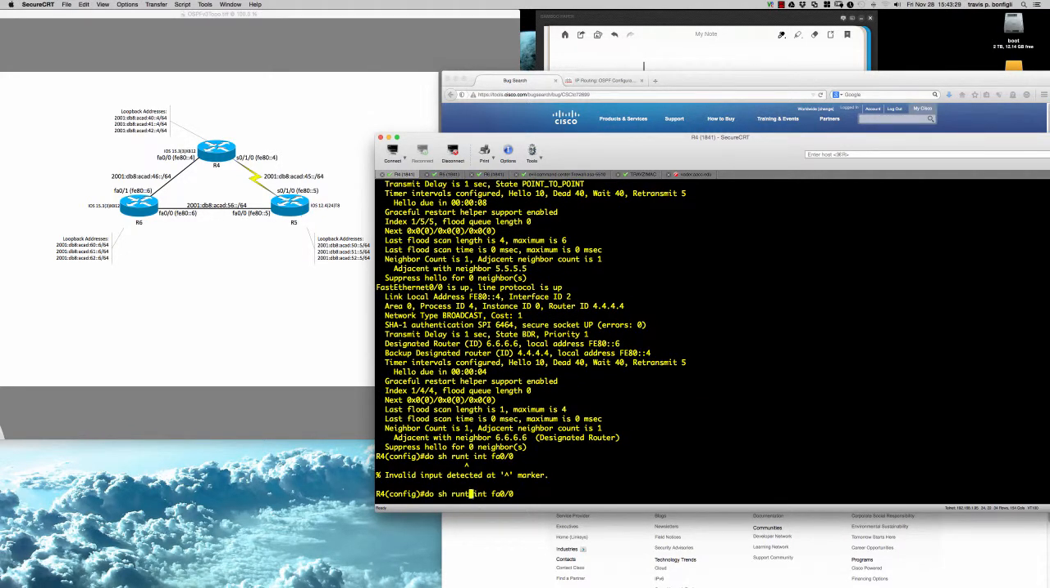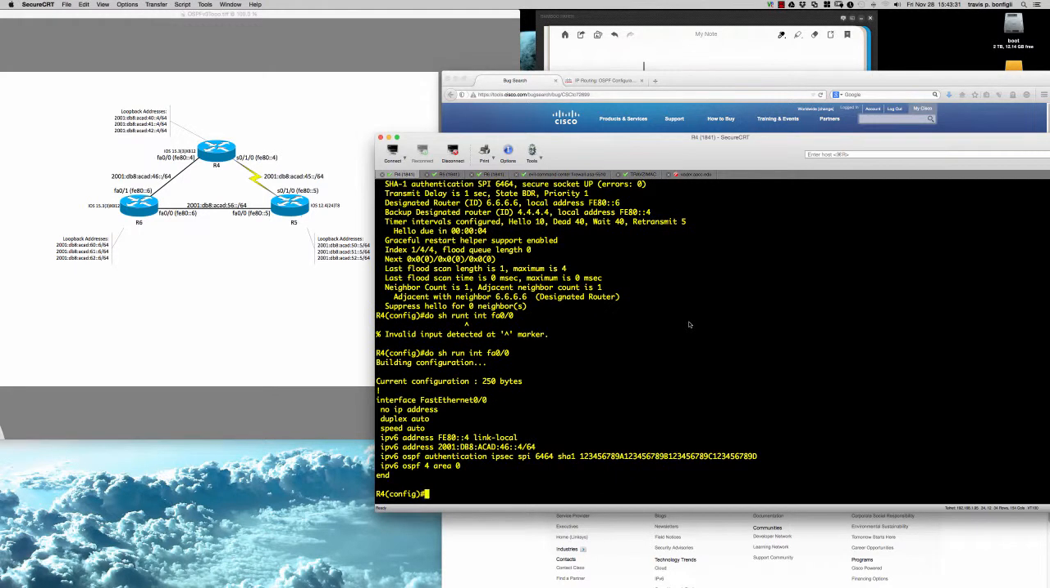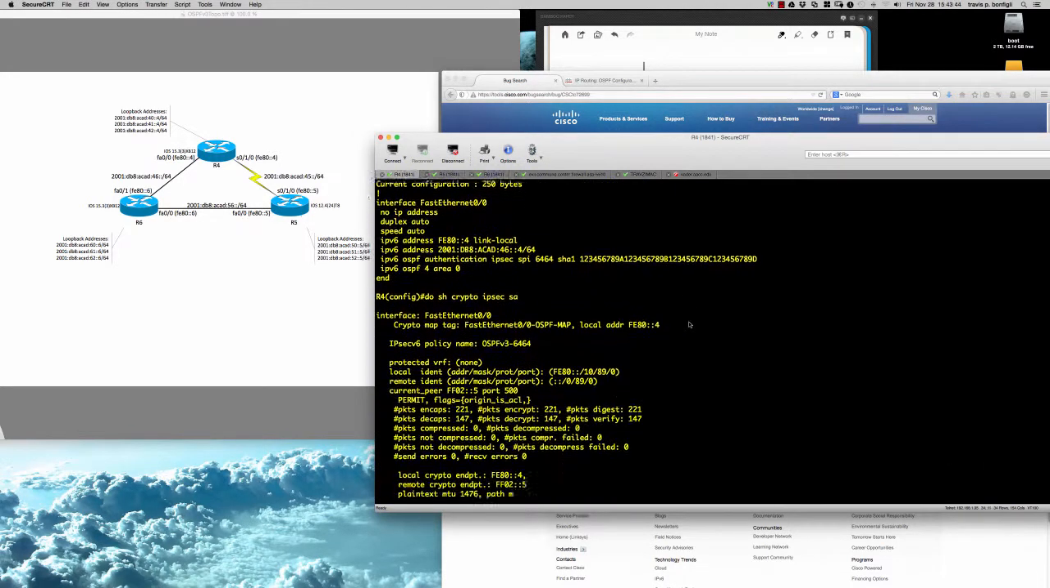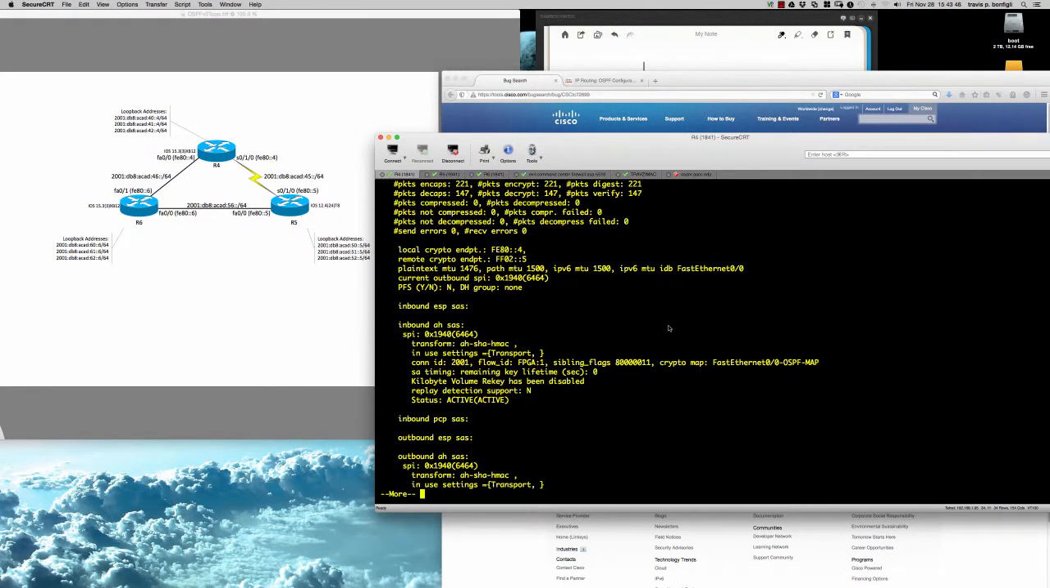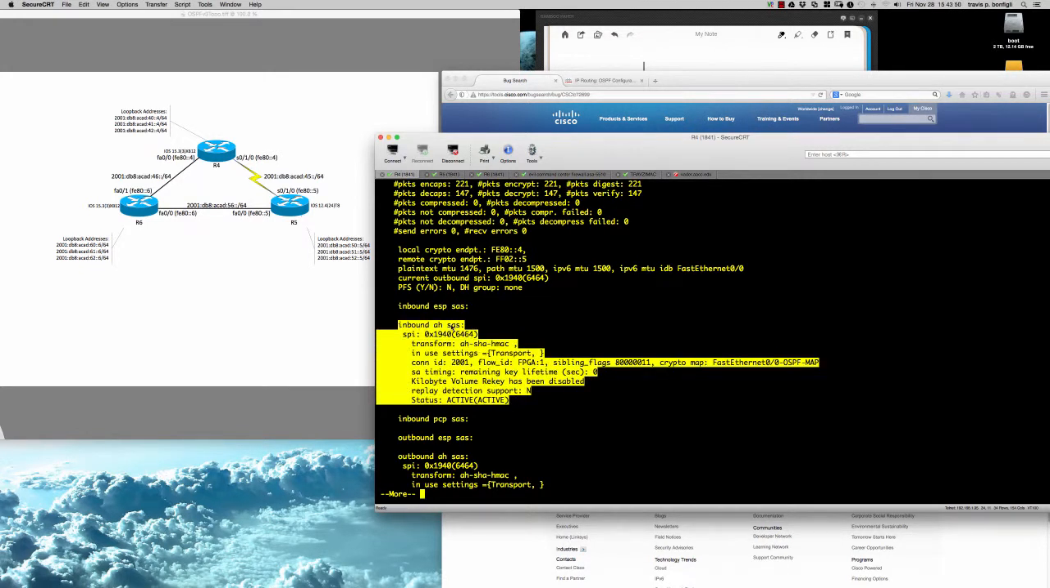Show run. All right, so this right here was our setup for authentication, right? So this is just straight up authentication. If I were to do the do show crypto IPSec SA, you can see that it's clearly authentication header, right? Because we see our inbound and our outbound, and it's listed under authentication header for the relationship between router 6